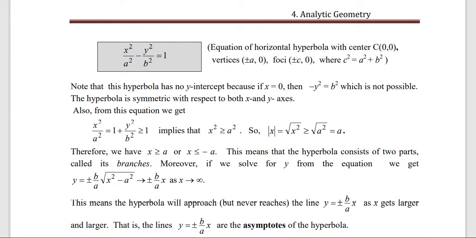Moreover, if we solve for y, from the equation we get y which is equal to plus or minus b over a root x square minus a square, which implies that plus or minus b over ax as x approaches to infinity. Okay, እዚህ ጋር እንግዲህ ሃይፐርቦላ ከሌሎች የተወሰነ ወሰብሰብ የሚል ነገር አለው ትንሽ ግን ከዚህ ቀደም 11ኛ ክፍል በደንብ ስለተማራችሁት just it is like a revision ስለሆነ አዲስ ኮንሰፕት የለውም እዚህ ላይ ማስተዋወስ ነው የሚጠበቅባችሁ። ስለዚህ y ማለት እንግዲህ plus or minus b over a root x square minus a square ነው።